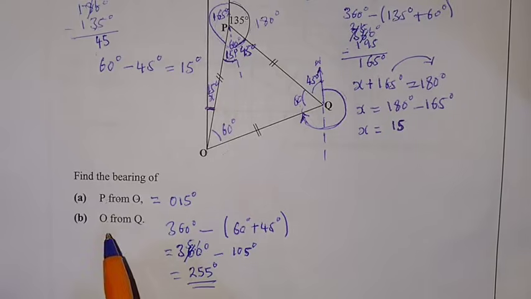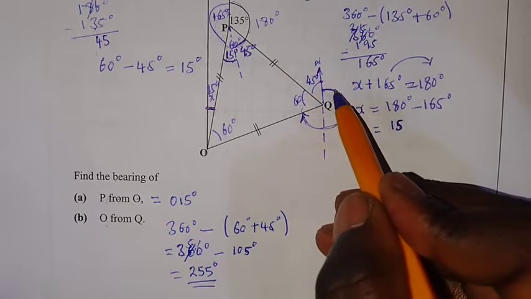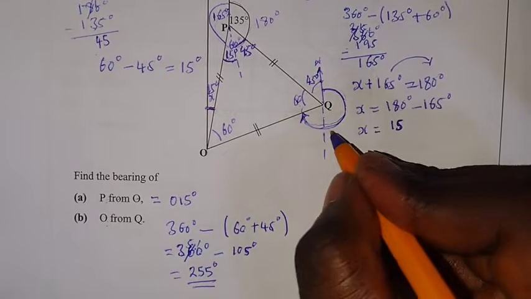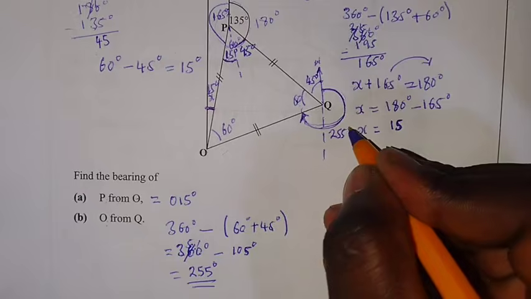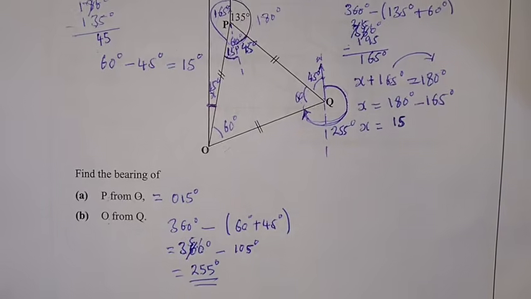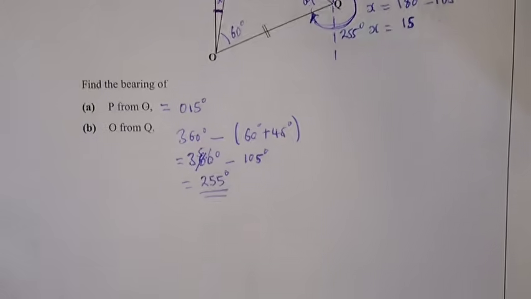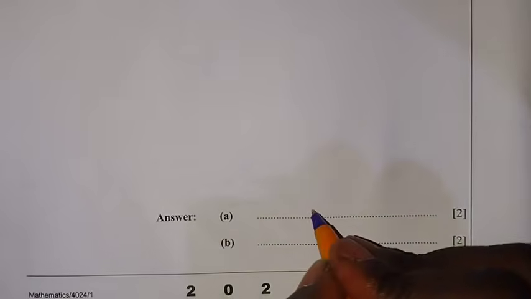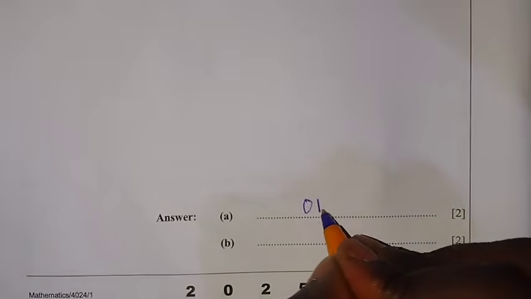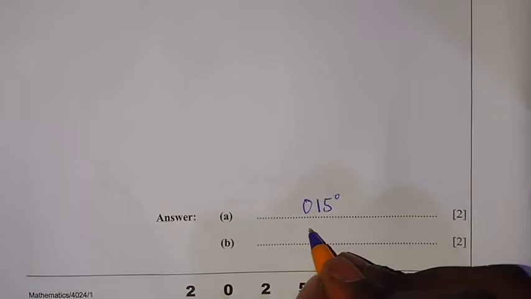So this is the bearing of O from Q. From here all the way up to here, we had 255 degrees. So that was our answer. I can just write them here, where we can show the first one. We found that the bearing was 15 degrees. The second one is